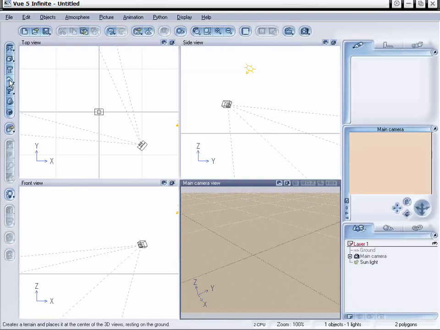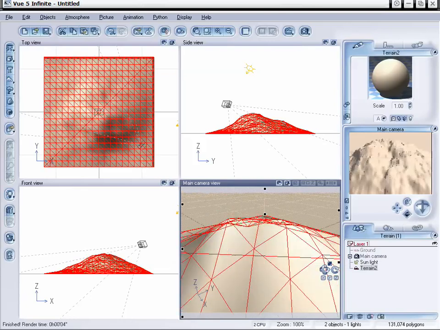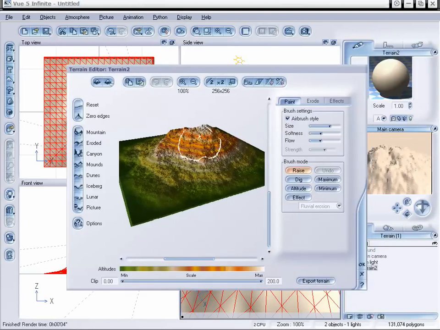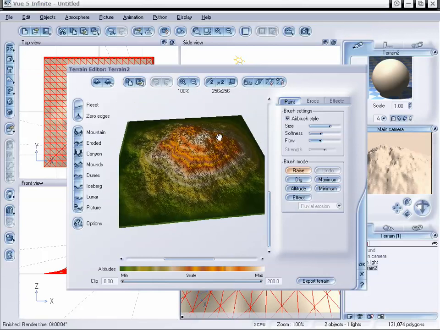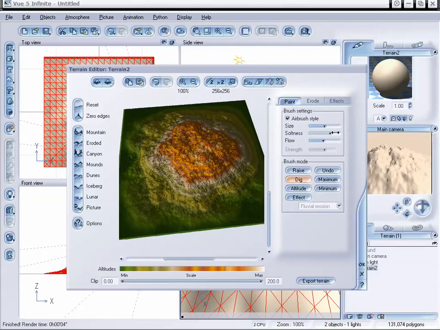I'm just going to go ahead and load in standard terrain because it's a little bit quicker loading than a procedural. I'm going to double click on that and go to our terrain editor. And now we can sort of shape out what I'm going to be showing you and an example of where this will come in handy. So I'm going to up our softness and change our size and flow just a little bit. And I want to dig out sort of the inside of this terrain